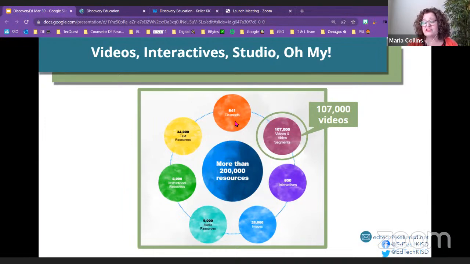And then we also have channels. And channels are topics that are, well, I guess collections that are curated by topic. So a topic could be as broad as science. And so within that, you would have a lot of resources. But then it could be as specific as cells.